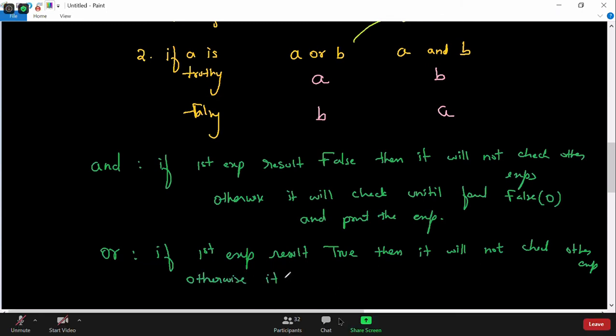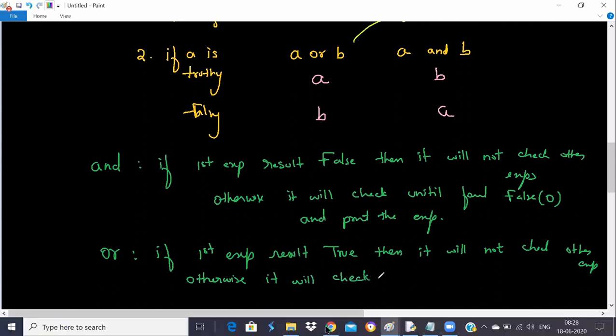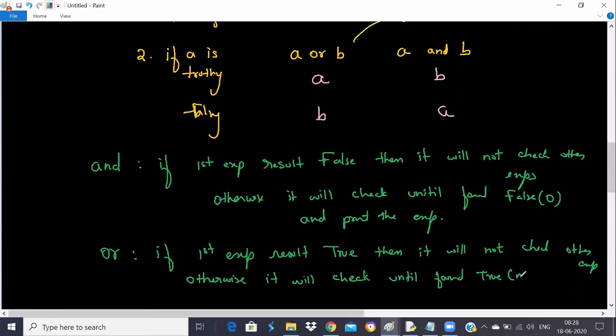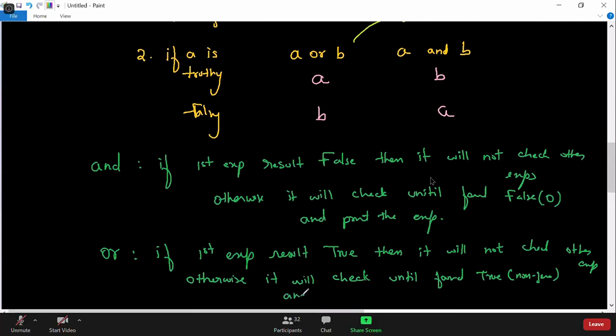Otherwise it will check until it finds a true, non-zero value, which can be a string or anything, and print that expression. So this is the conclusion for AND and OR. This is called short circuiting. I hope it will be helpful.